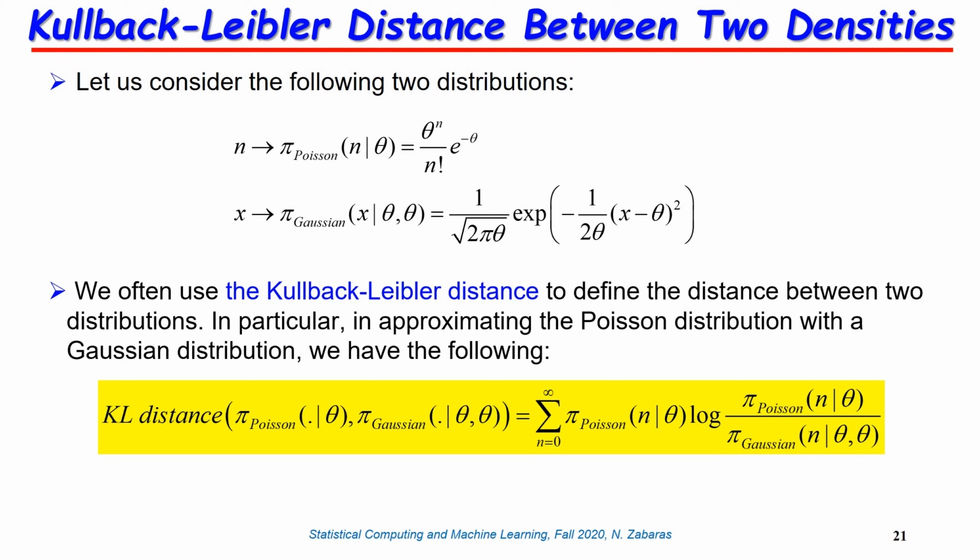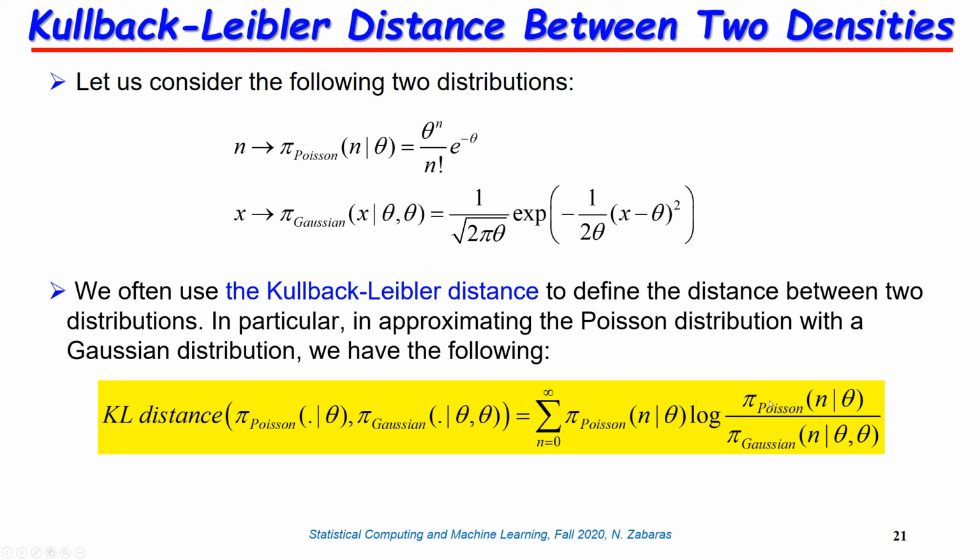I don't want to spend a lot of time talking about the KL distance yet, but just keep in mind that as a distance it is greater than or equal to 0, and it's only equal to 0 if the two densities are the same. The distance is not symmetric, so if I take the distance of the Gaussian from the Poisson distribution, the answer is going to be different. But right now, this is a measure of how well I can approximate my original Poisson density with this Gaussian.